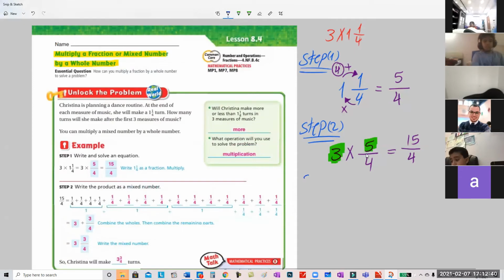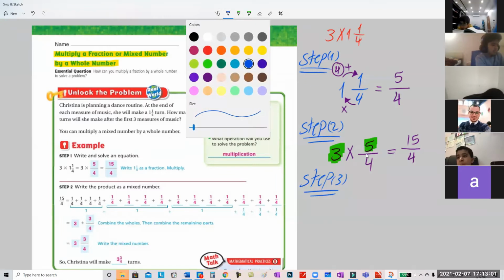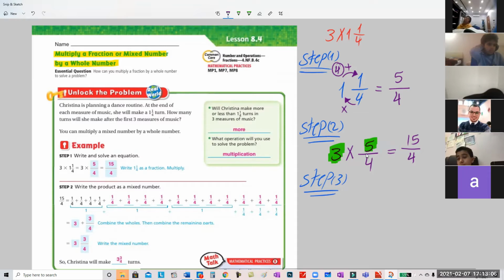Okay, the next one, step 3 and the last step. You have to write the answer as a mixed number because the question will ask you to write it as a mixed number. So you have to convert our result here. We have here 15 over 4. So let's write it down here. 15 over 4. And let's convert it into a mixed number. How can we convert it? Firstly,